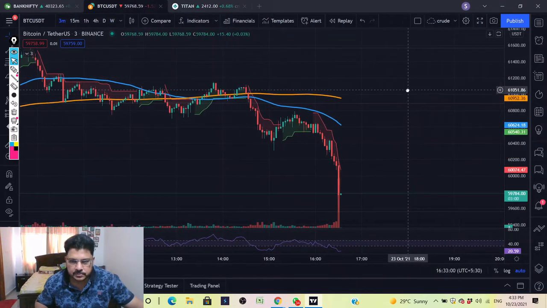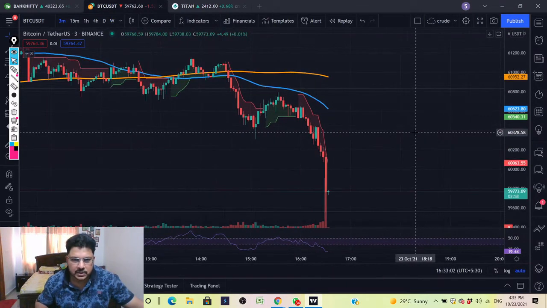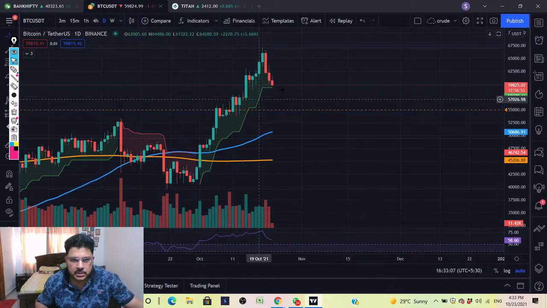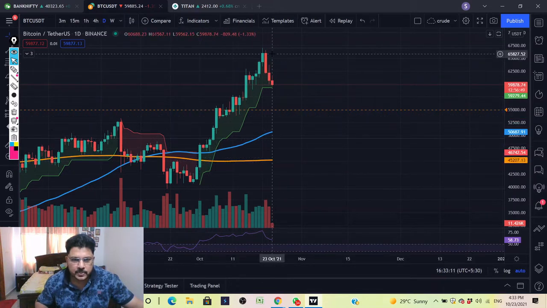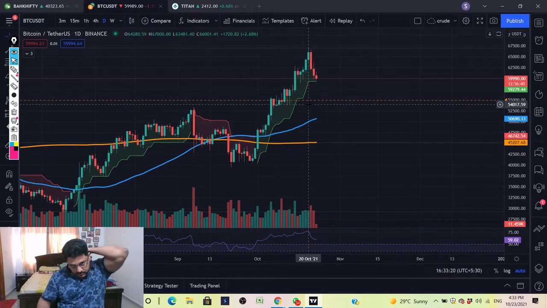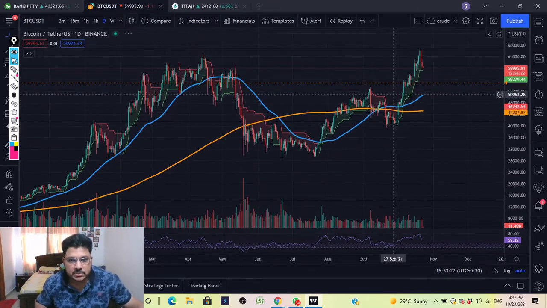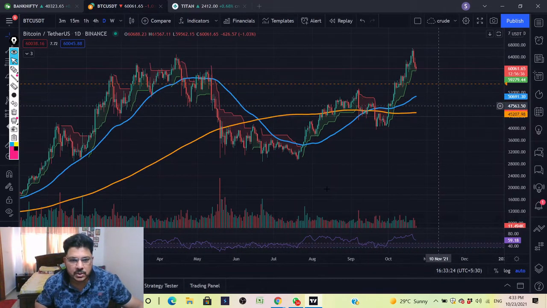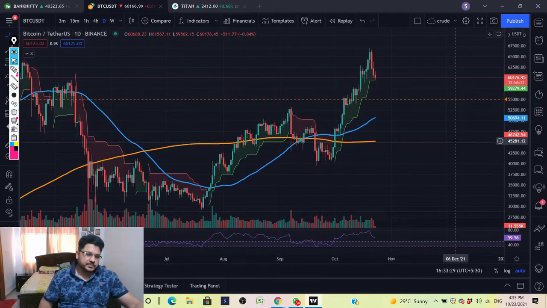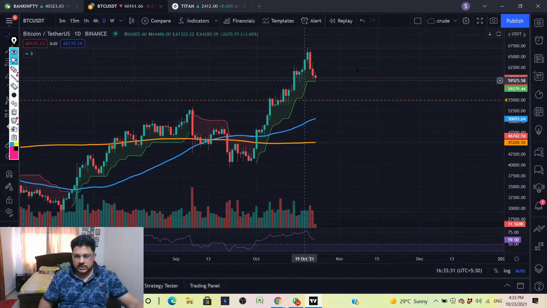Bitcoin is dropping today, 59,000. But it's at the super trend level. Weekly super trend is up, so you have to exit when this weekly super trend is broken, wait for an entry, then again go long. But my advice, Bitcoin is not something which you need to sell. You can always see there is always buying volume coming. And I think this is for the long term.